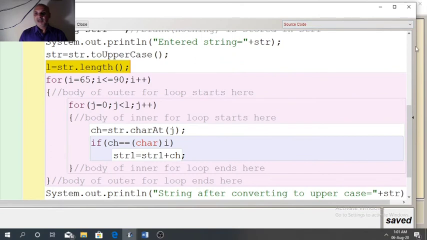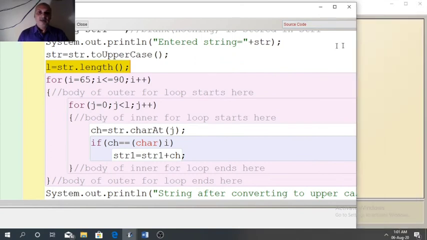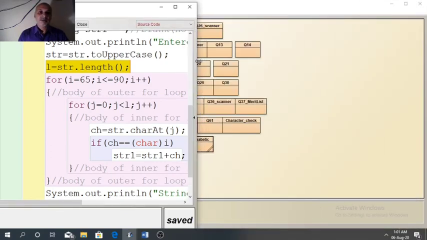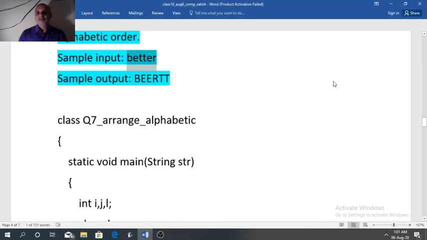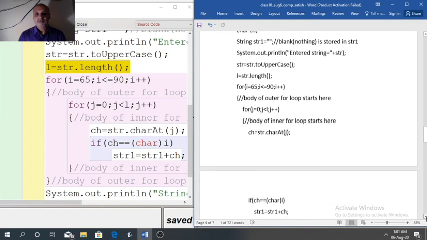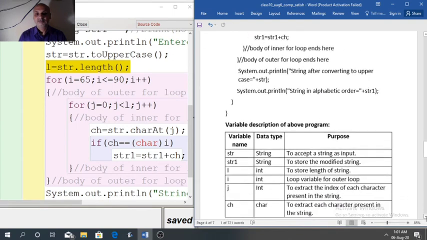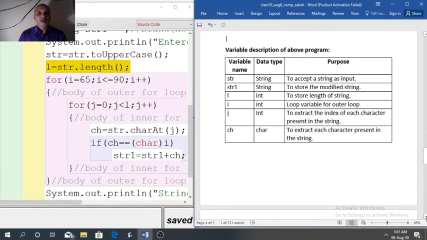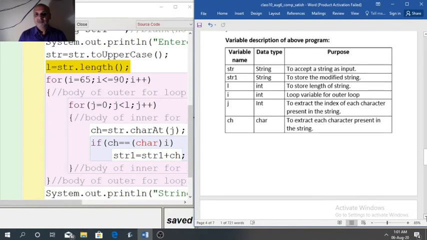So please pay attention here in the logical steps. Variable description I have already explained to you.